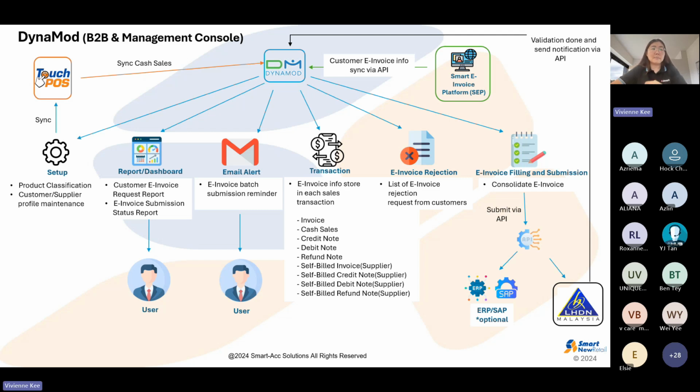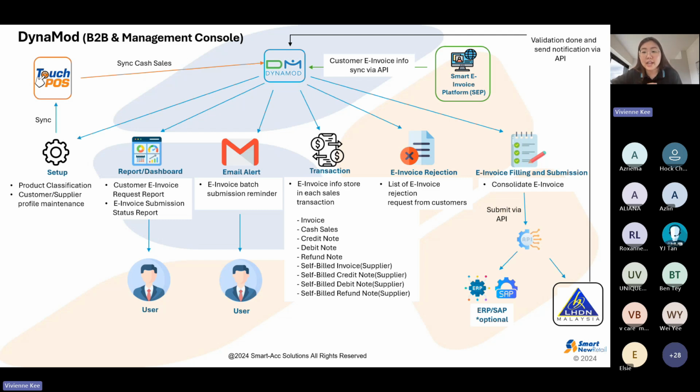For the setup part, just now I mentioned customer data, your supplier data, and your own company data, and also your product classification. Once we do all this setup from Dynamod, we are ready to do the e-invoice submission. Next, we will have the report and